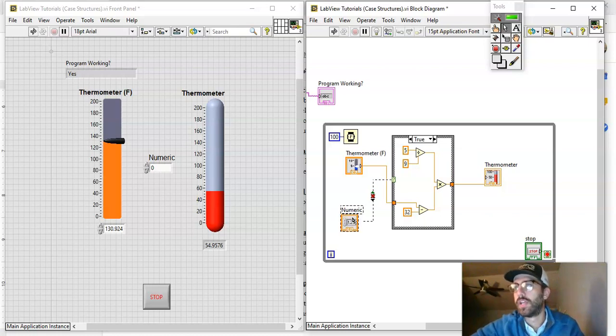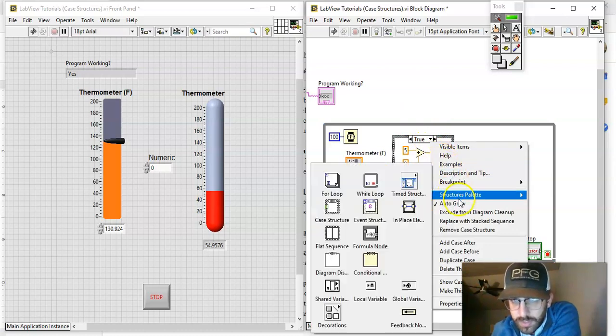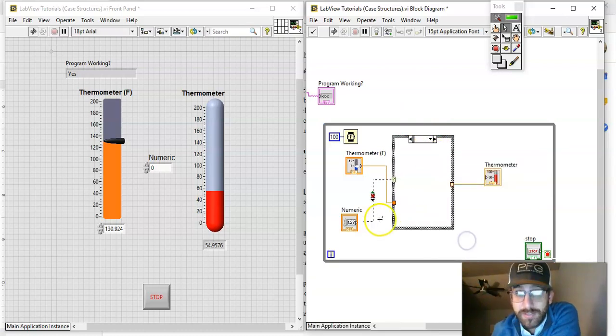So I want to go in and I want to have a numeric control rather than a Boolean control. As I said before, I want to be able to toggle between more than just two conditions here. So what I want to do here is add a case. That way I have more than just this many. Okay, so I have 0, 1,